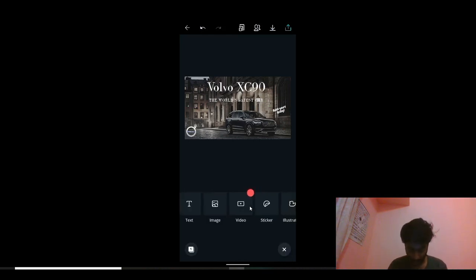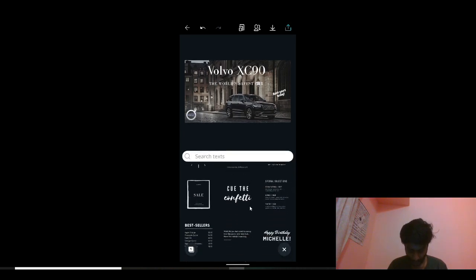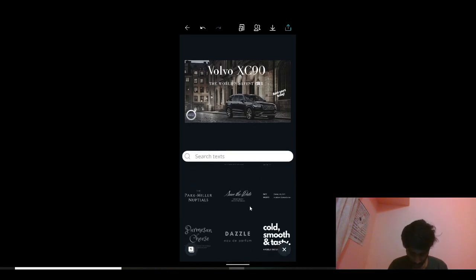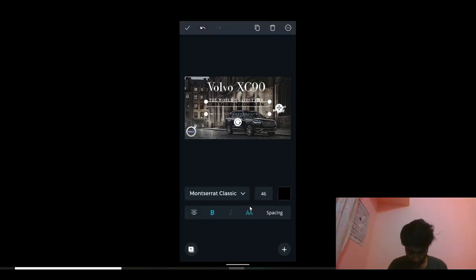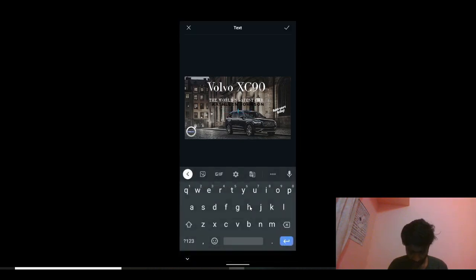And if you wish to give your contact details somewhere, you can use any text that's available. For example, I'm going to use this to provide the contact details. For example, I would like to give Volvo Bangalore phone. I'm going to type a random number 1 2 3 4 5 6.